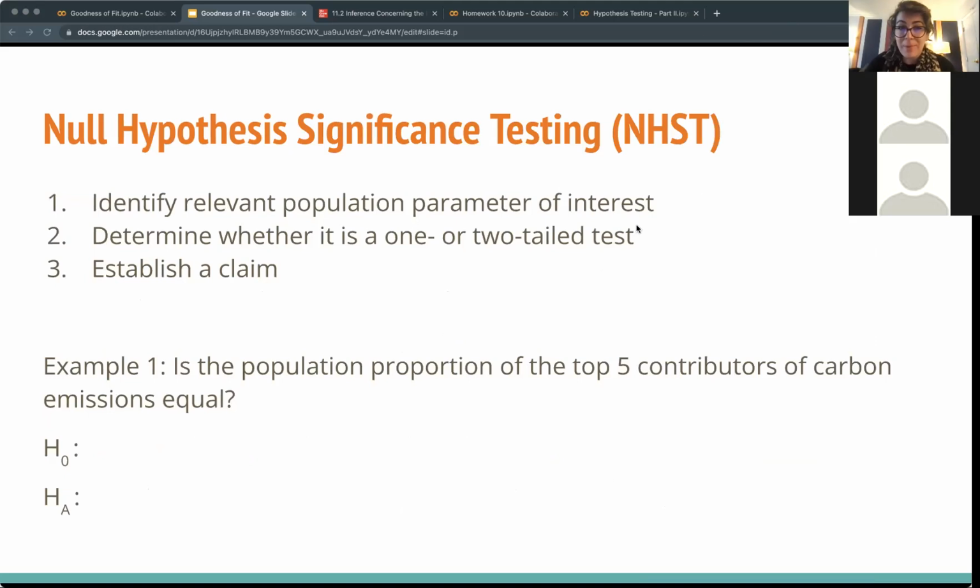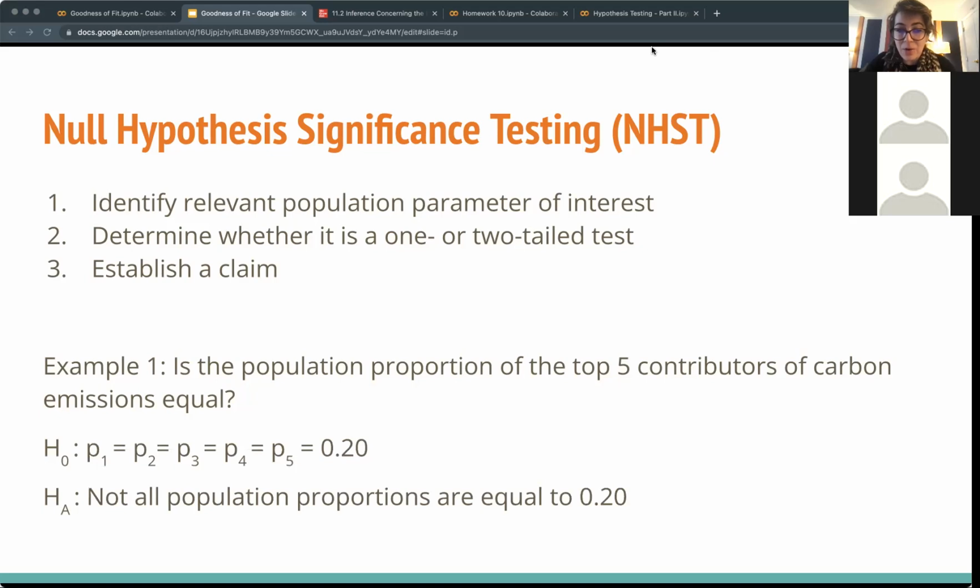So we can use our hypothesis testing framework to evaluate something like this. For one example, is the population proportion of the top 5 contributors of carbon emissions equal? We can frame this as a null and alternative hypothesis that we can then test. This is now looking into 5 different groups and comparing the proportion, saying that this is equal to 0.20, and that's 0.20 because these are 5, and we would take 100 and divide it by 5, so that the proportion of each